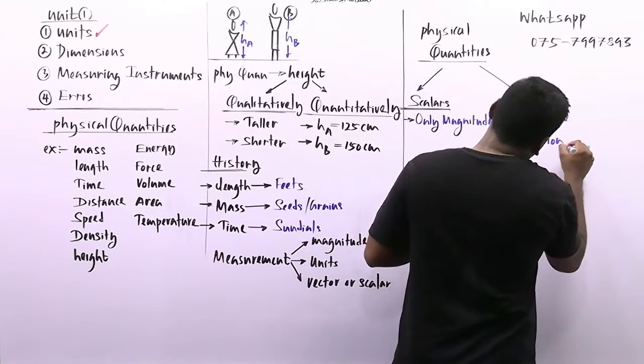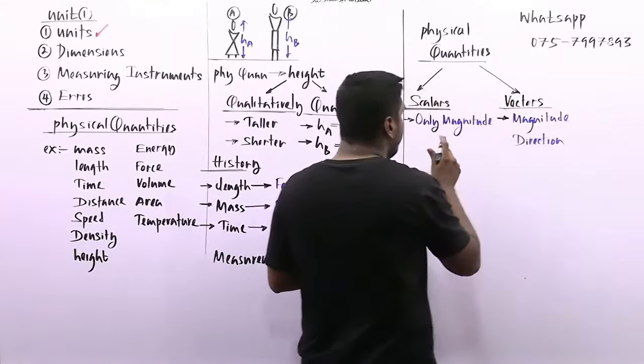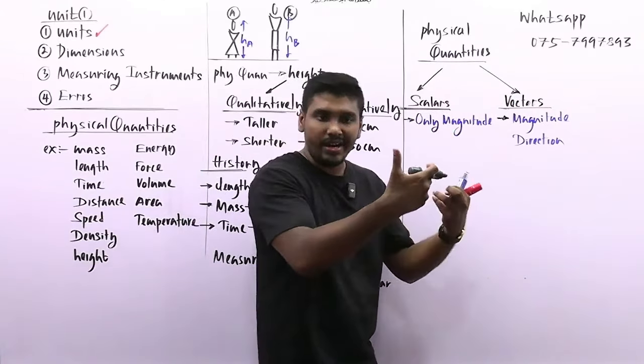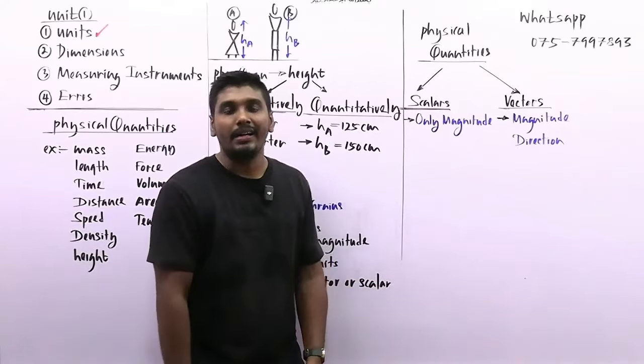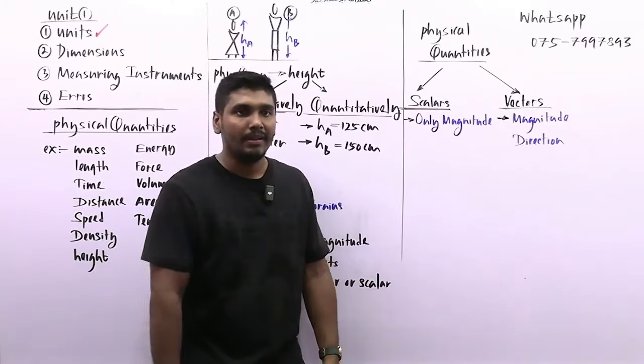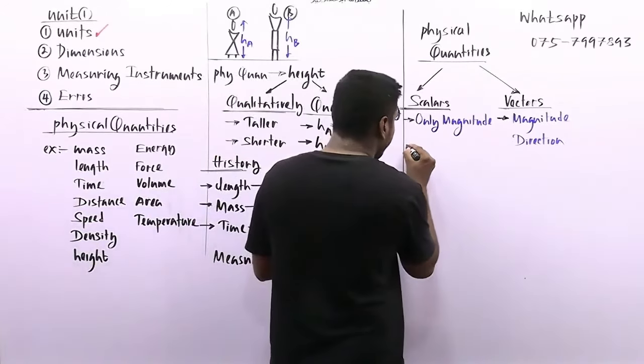Okay? Then you can tell some examples for scalars and vectors. Roughly remember, mass, volume, 1 liter of milk. Right? Mass, volume, now area, 5 meters squared area. Distance, they all are scalars. For example, you can write down